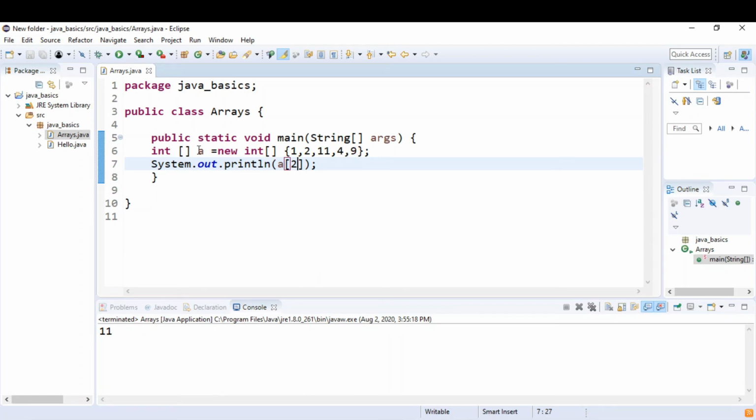Here we have declared a with size 5, and the size is defined by the number of arguments passed here. We can also do this with strings.